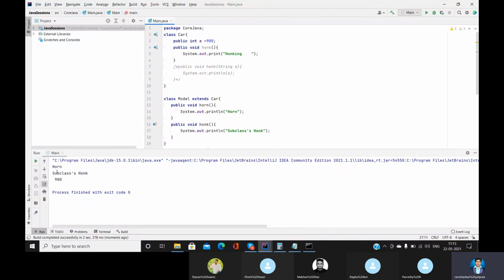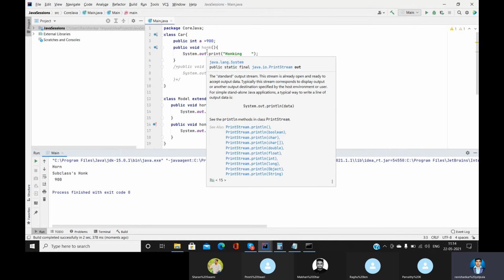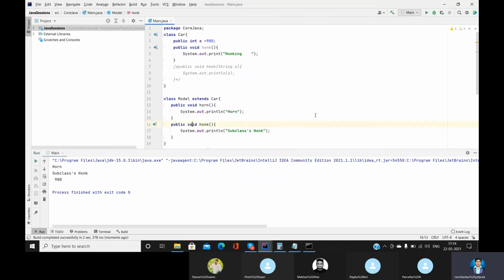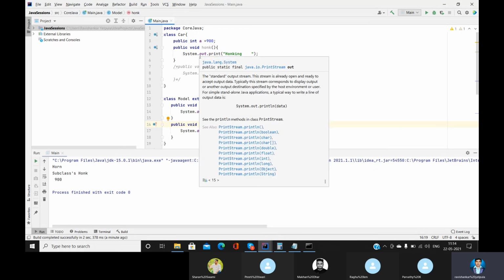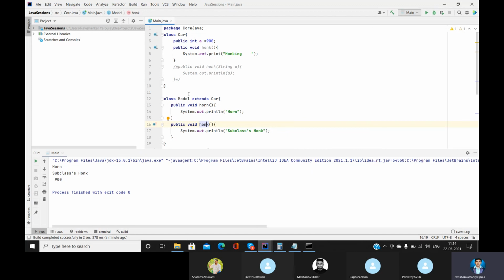Even though the honk method is the same in the superclass and the subclass, the subclass method was called. Can you see that, guys? This is called overriding, and this concept will be very useful when we go into Selenium and when we have to provide the body of it, when we have to override the methods.